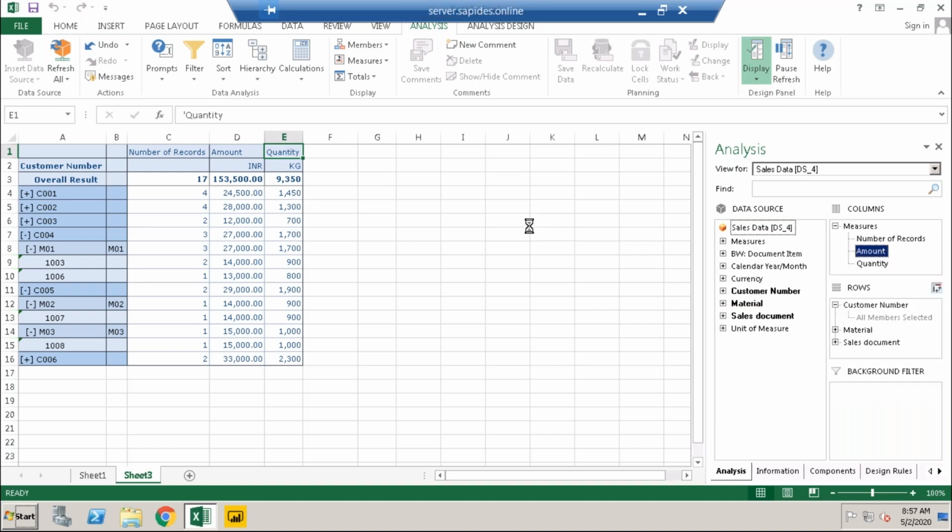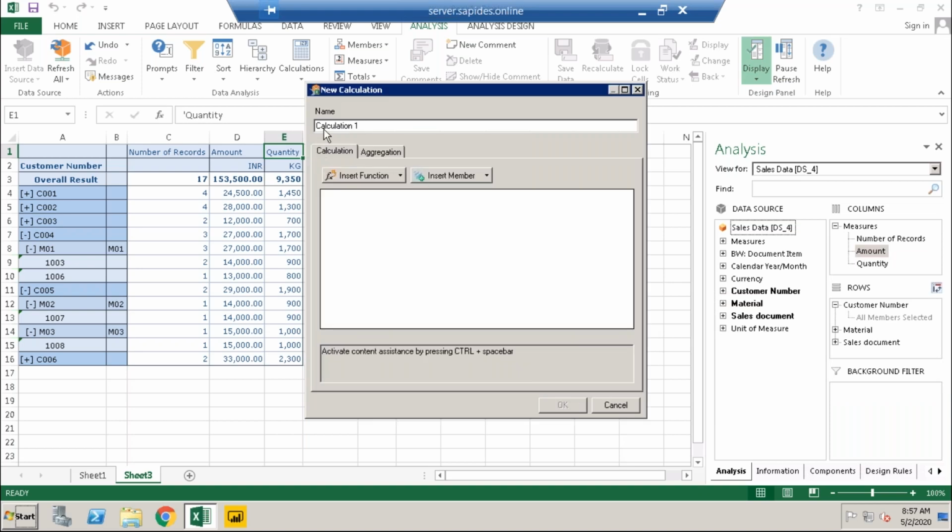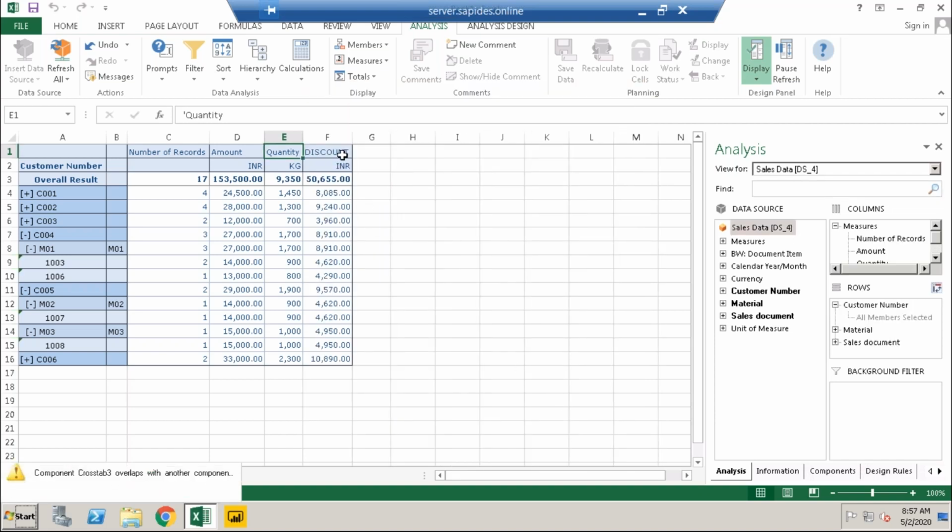We get advanced calculation options here. We can see I can add some discount, insert the member, which is amount, some discount value. So the additional discount was inserted here with the total.